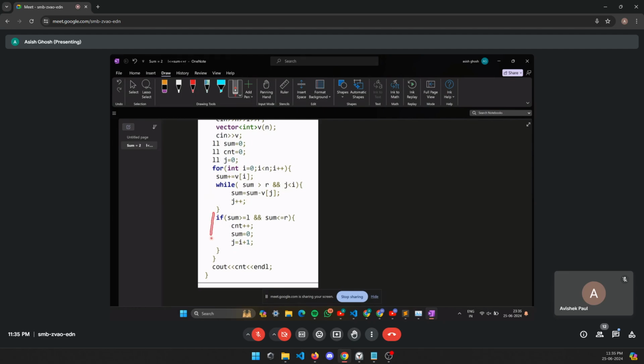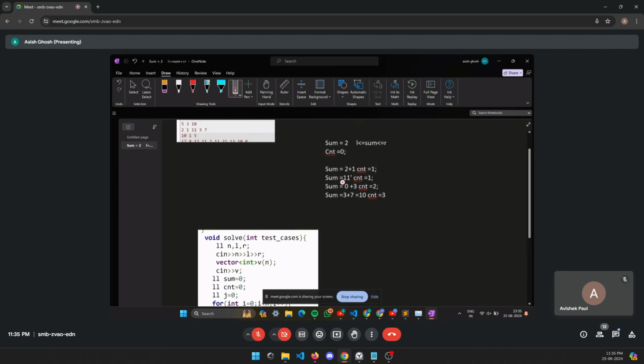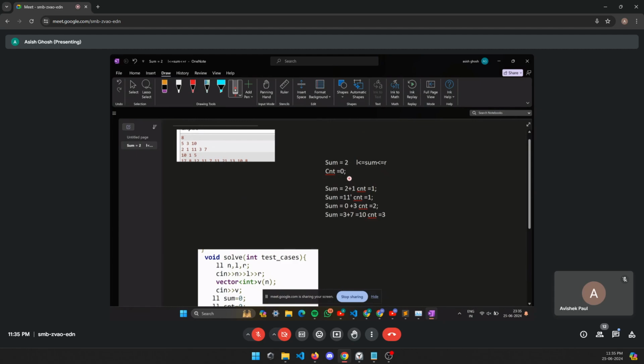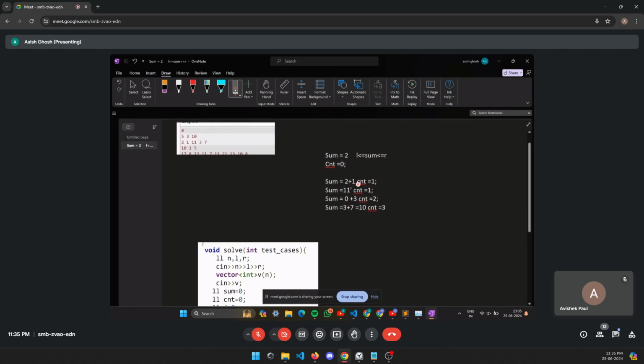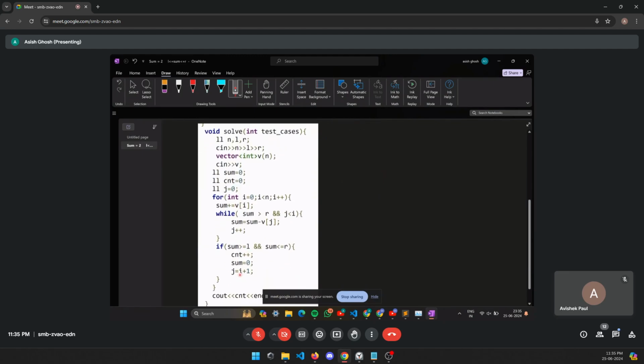ठीक है, ये तो नॉर्मल तुम्हारा गिवन कंडीशन है कि अगर सम तुम्हारा इस रेंज में लाई कर रहा है तो काउंटर इंक्रीज हो गया। और ये भी गिवन है, उसके बाद सम तुम्हारा 0 हो जाएगा। और हम लोग ये एडिशनल ऐड कर रहे हैं क्योंकि हम लोग को 2 पॉइंटर अप्रोच फॉलो करना है। जैसे एग्जांपल देखो, हम लोग ये चेक करेंगे कि माइनस कहाँ से करनी चाहिए। जैसे हम लोग 2 और 1 को ऐड करके 3 हो गया तो वो तो ठीक है, तो 2 और 1 डिस्कार्ड करने के लिए हम लोग ये j इक्वल टू i+1 कर रहे हैं।